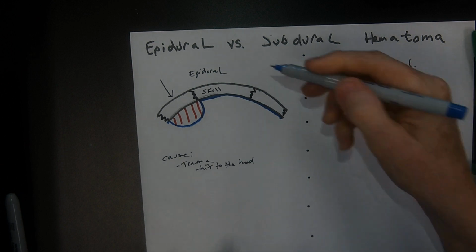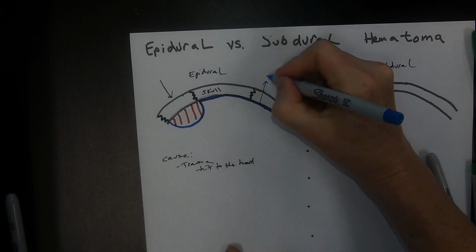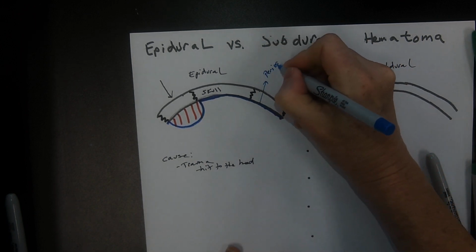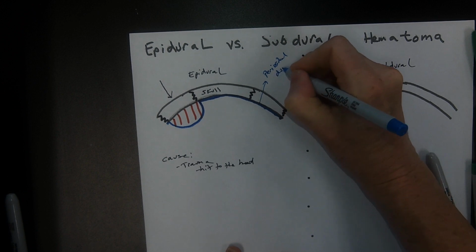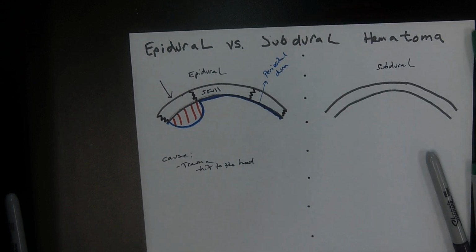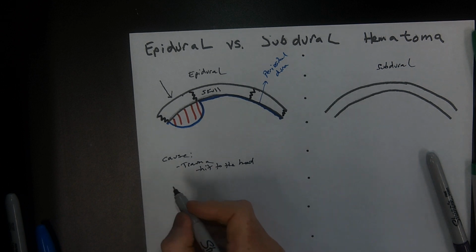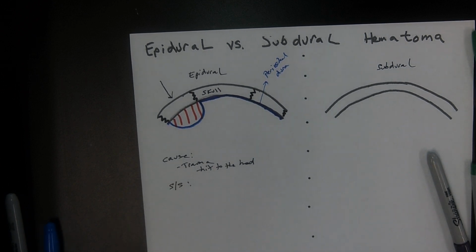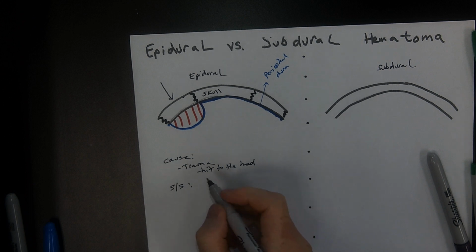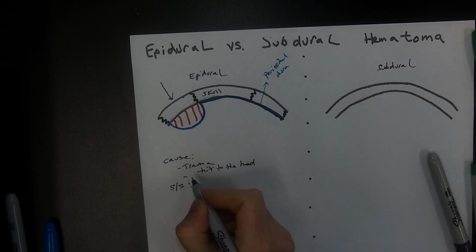Let's label that. This is your periosteal dura. Okay, so signs and symptoms of somebody with an epidural hematoma. This is just trauma. Get hit in the head with whatever. Blood starts to pool. No, the trauma is a hit to the head, and the problem is that the meningeal